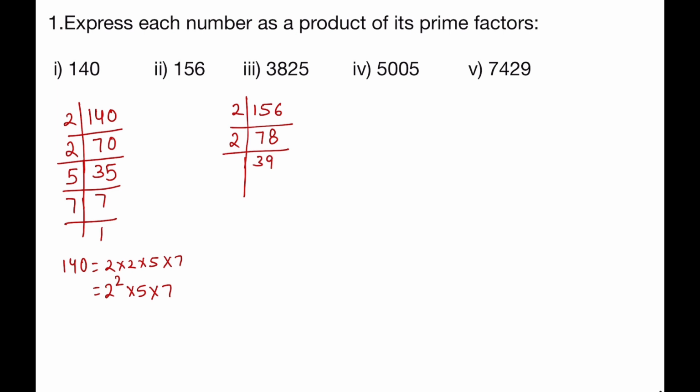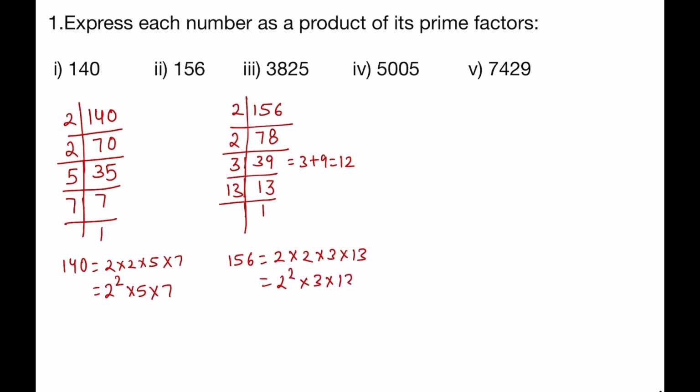Now if we sum all the digits, 3 plus 9 is equal to 12, which can be divided by 3. So we can also divide 39 by 3, which we learned from the divisibility rule. So 3 ones are 3, 3 threes are 9. Now 13 is a prime number, so it can be divided only by 13. So prime factors of 156 are 2 into 2 into 3 into 13, or we can say 2's power 2 into 3 into 13. Now next is